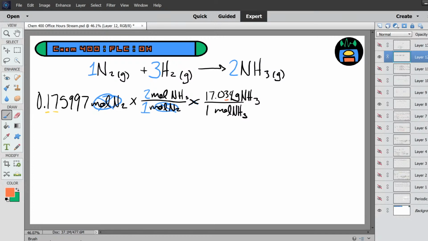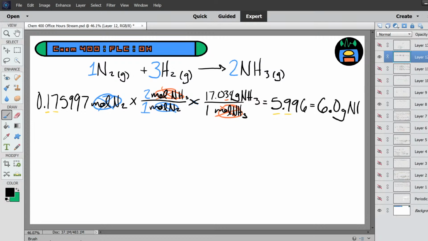Now moles of ammonia cancels, and we're ready to crunch our numbers. 0.175997 times 2 times 17.034 gives us, let's see, 5.996, but when you round it to 2 sig figs, that'll be 6.0